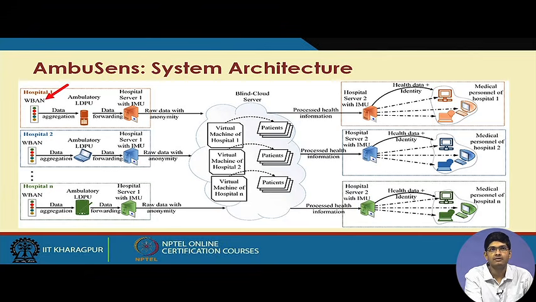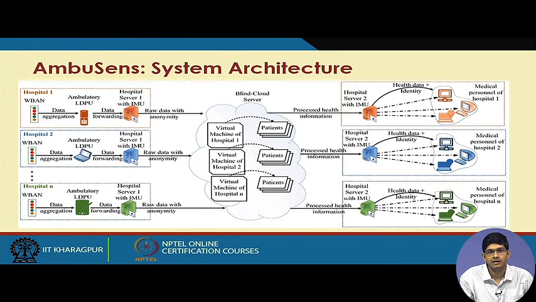Here first we have the wireless body area networks, which are formed by wireless sensing devices which capture the medical data, the health parameters which indicate the condition of the patient, and using communication technologies such as Bluetooth and Zigbee, the data is sent to a local data processing unit where it is aggregated and filtering algorithms and noise removal techniques may be used, and further using communication technologies, cellular technologies such as LTE or wireless LAN technologies such as IEEE 802.11, we forward the data to a